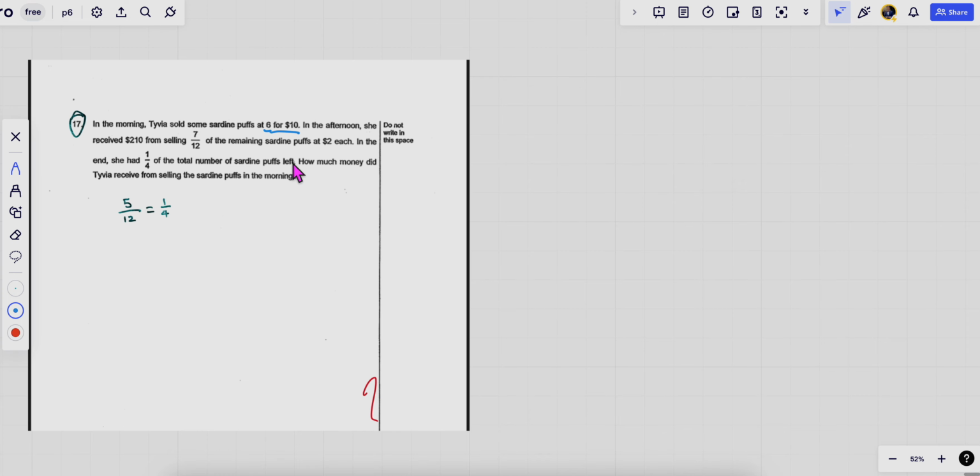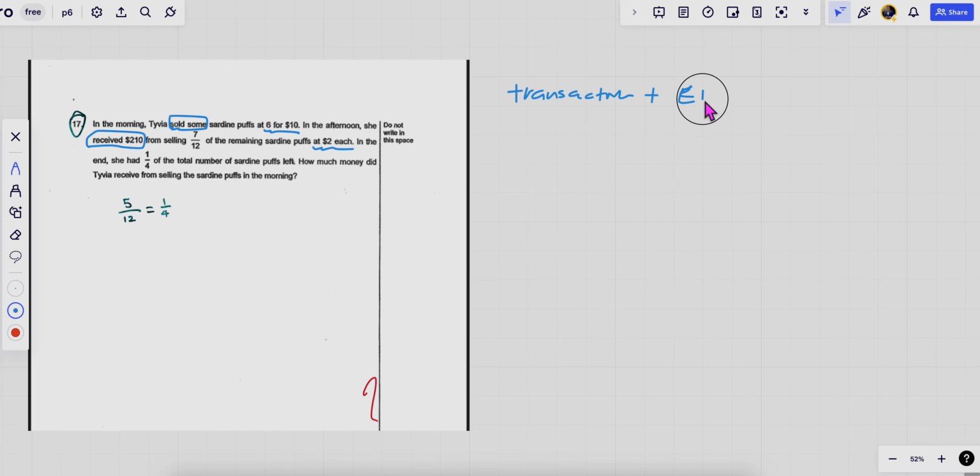The 6 for 10, and then you also have $2 each. And you also see transactions happening here. Sold some, then receive some money, right? So this is a transaction plus